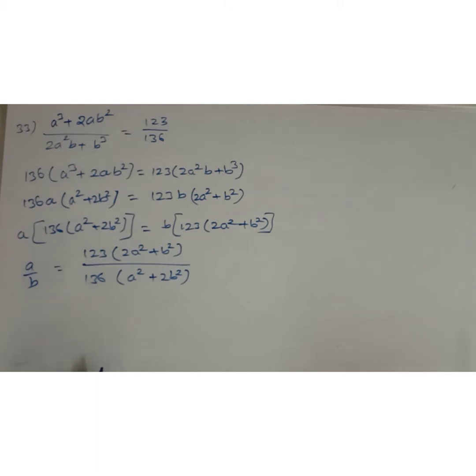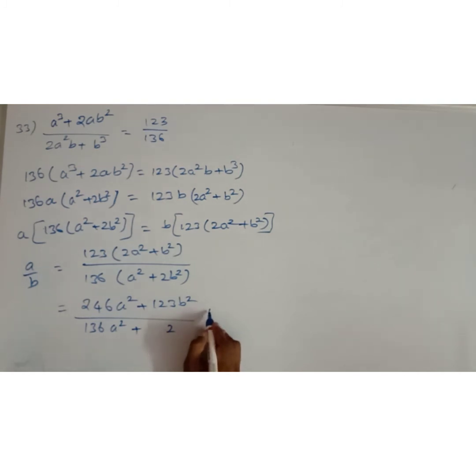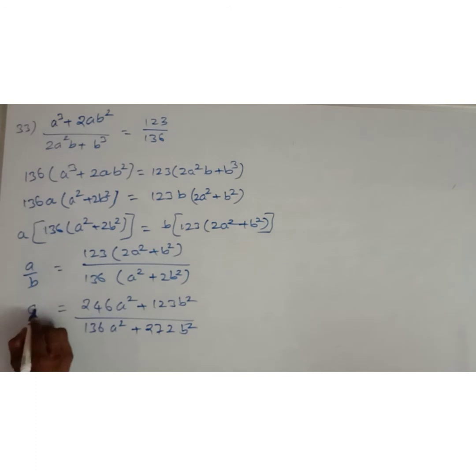Now that's equal to 123 into 2 is 246 a square plus 123 b square by 136 a square plus 2 6s are 12 plus 1 is common, 2 3s are 6, 7, 272 b square, that is a by b is equal to,